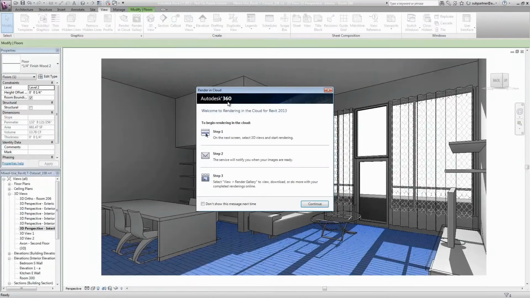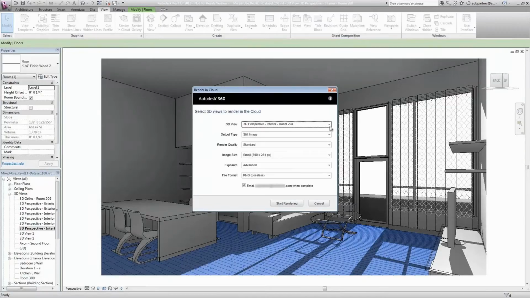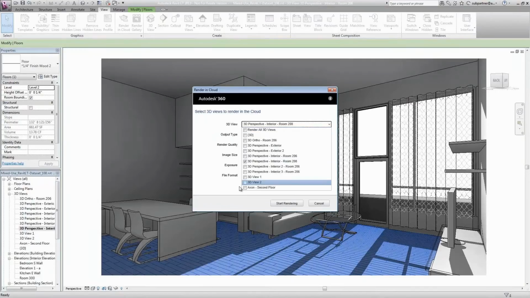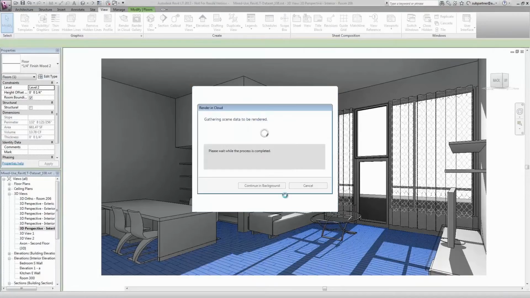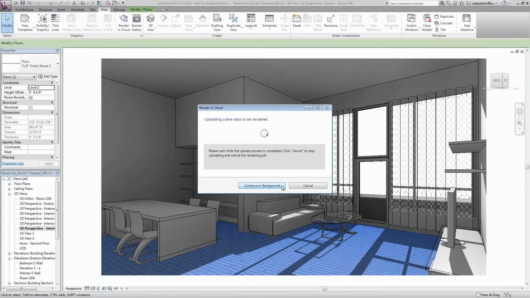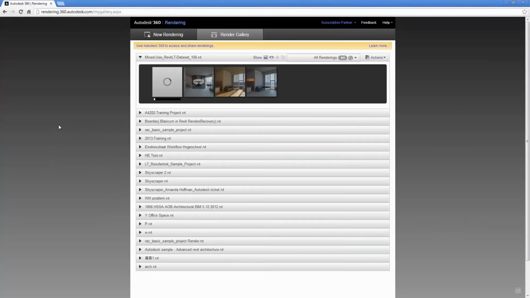Now I'm going to the rendering in cloud. So what we can do is send the rendering into the cloud, which in fact allows you to continue to work on your project while the cloud generates the rendering for you. And obviously in this case you don't need a really powerful machine, because everything will be done in the cloud, and you can continue to work. So you will just wait until you receive the notification in your email that the rendering has been done, and then you can open the rendering